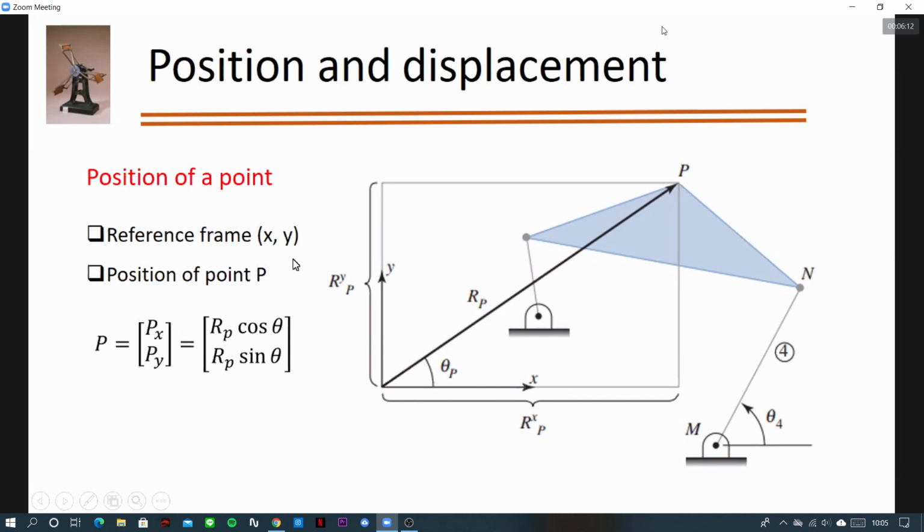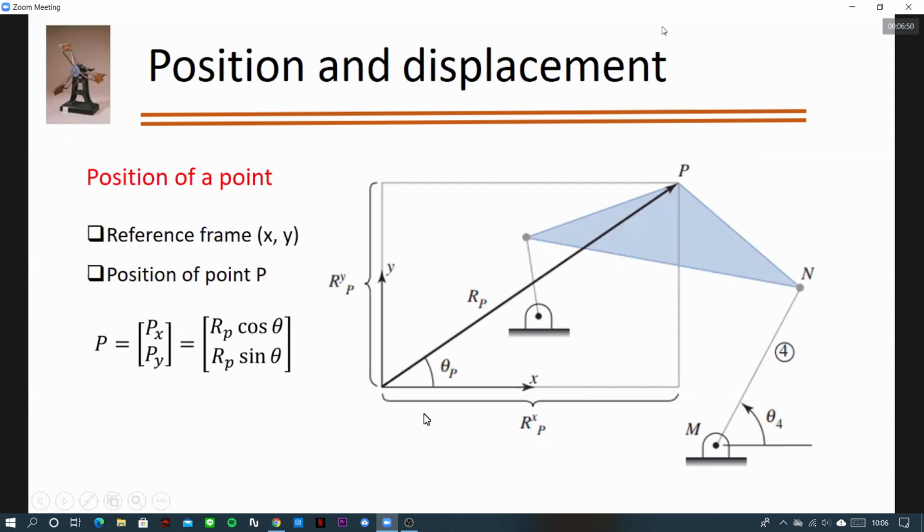Okay, so here you are seeing a mechanism, a reference frame, that is x and y, and there is a location of point P on the frame. So this is your link, and there is a point P on that link which is doing some task. So we are trying to define the location of P with respect to your world frame, and that P is making angle theta in vector form. If you see from this origin to P, it will be a vector, and that vector is making angle theta with respect to the x-axis.